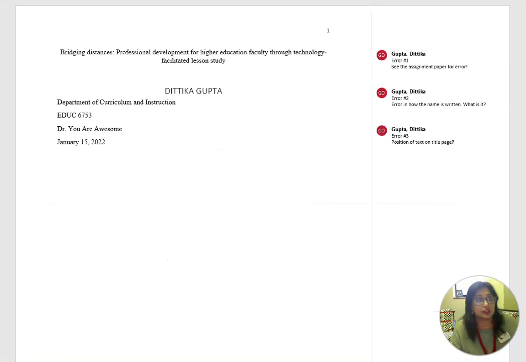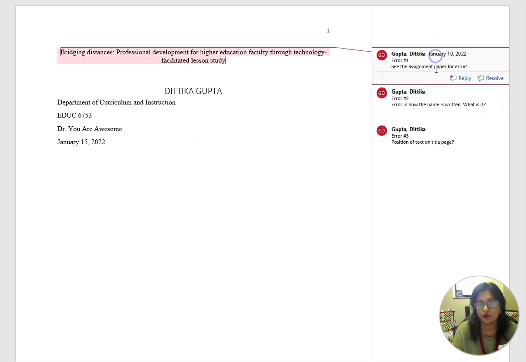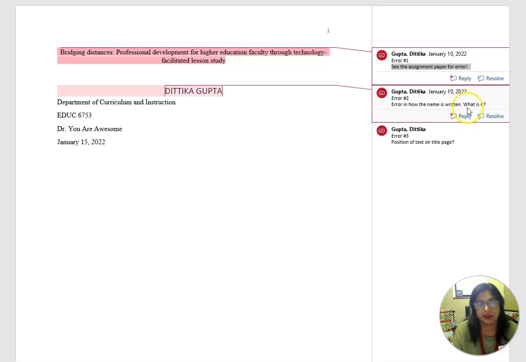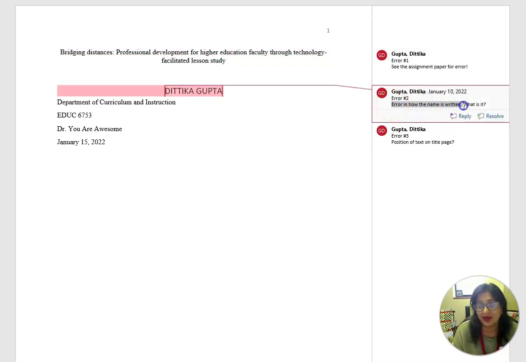So this is what the APA assignment sheet would look like when you download it. It's going to have a bunch of things here, but over here it is going to have comments that say there is an error. So see the assignment paper for the error, and I'll explain that in a minute. Error 2, there is an error in how the name is written, what is the error. So what you are doing is trying to find the errors in APA, or what is the right way of writing,